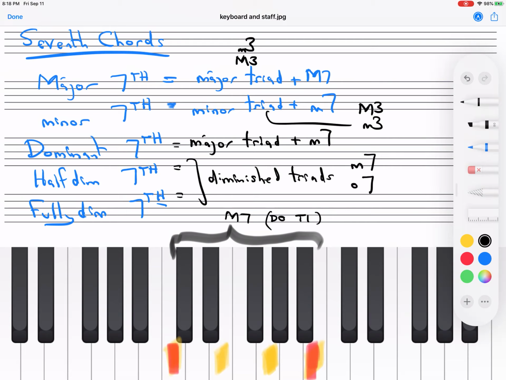Let me write this here. This is for the half diminished, and this is for the fully. So this is one way of looking at it. I have to admit that this is probably not the best. This is a little bit confusing, but